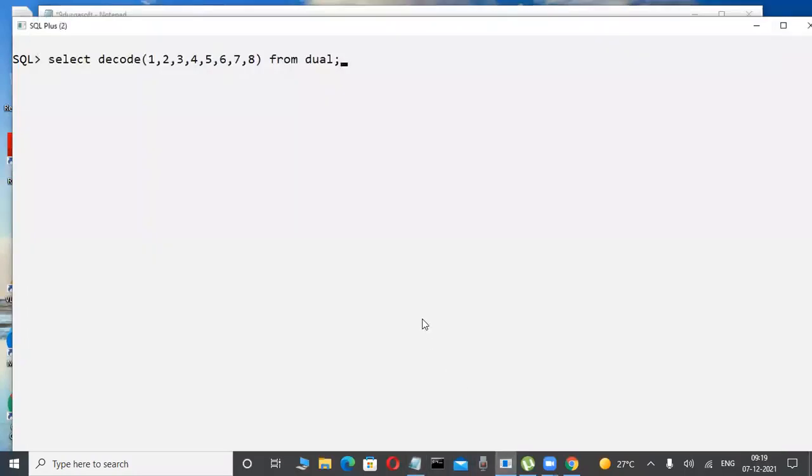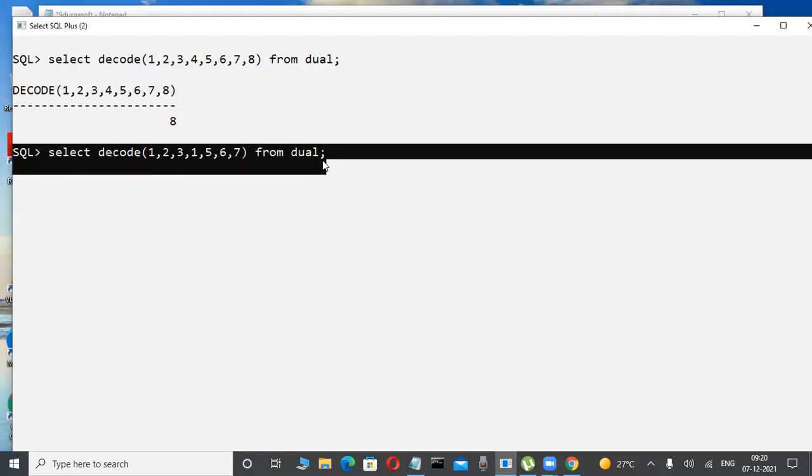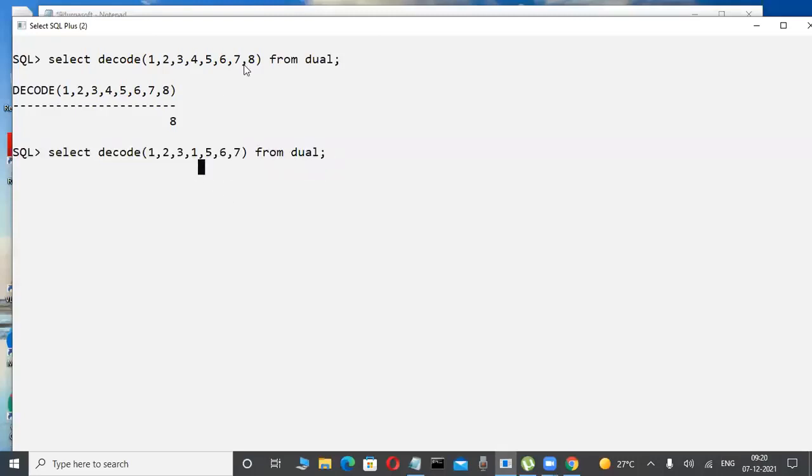Check it out. Now I try to execute here. 8 will be displayed. Based on this technique only, quickly tell me something I'm asking. Decode here: 1 comma 2 comma 3 comma, now here 1 comma 5 comma, now here 6 comma 7. Anything I'm writing, for example, now here, easily, nobody will be mistaken, I think. What is the output? Fast. Tell me easily. Very good. All are telling the correct answer.